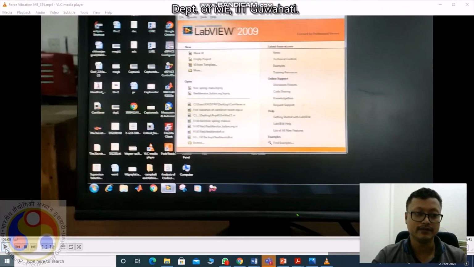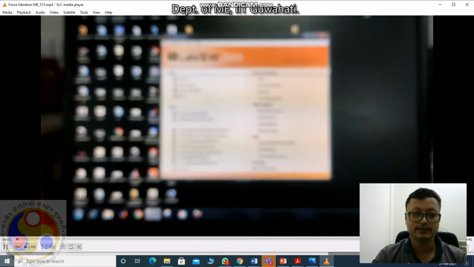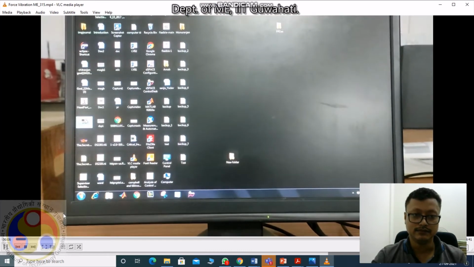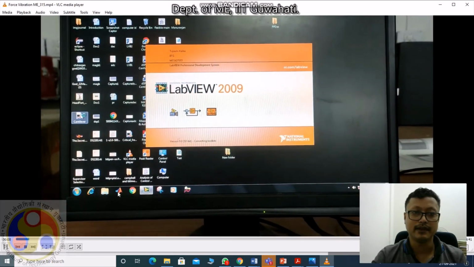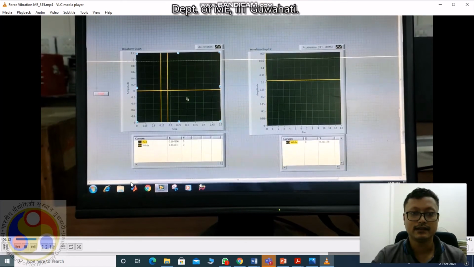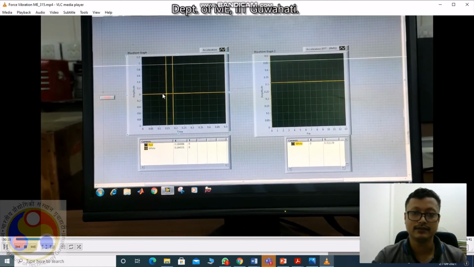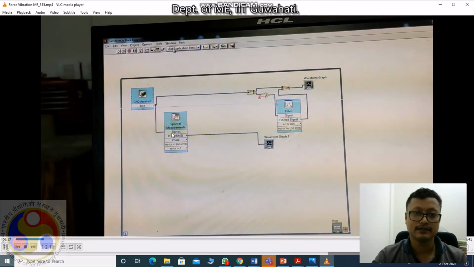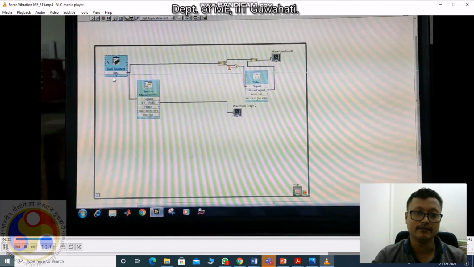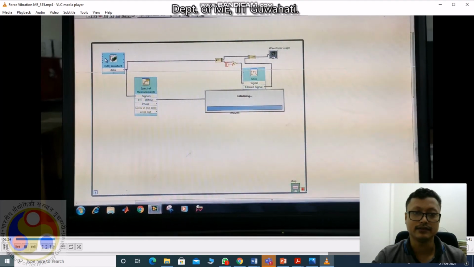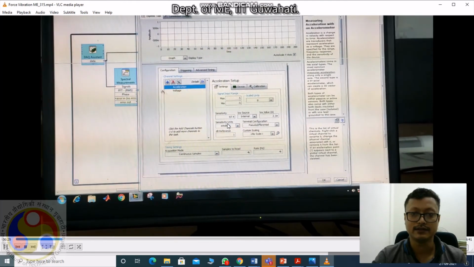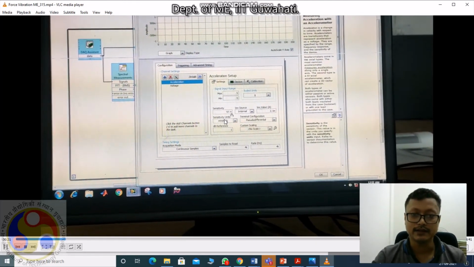Okay, this is the video of the forced vibration. Take a look. First you need to open the LabVIEW software. You need to make the block diagram, or we have already made a block diagram for this cantilever beam with forced vibration. So these are the two graphs, this one and that one. This is the block diagram. Initially, how to set it, I already showed in the data system block. You need to just click it, and you can set the sensitivity according to the sensor you are using for collecting the acceleration.